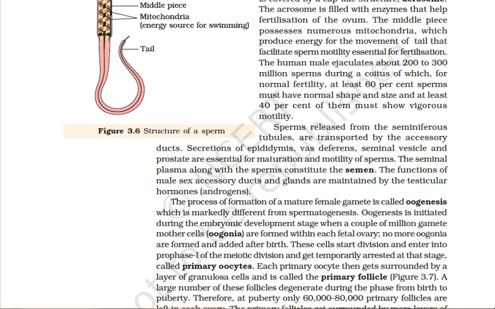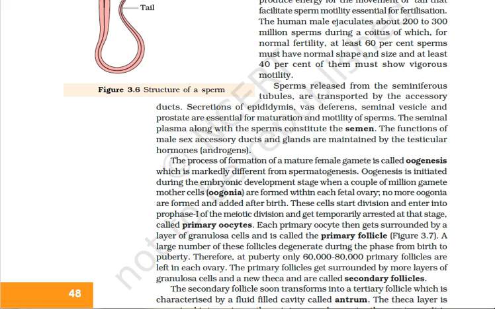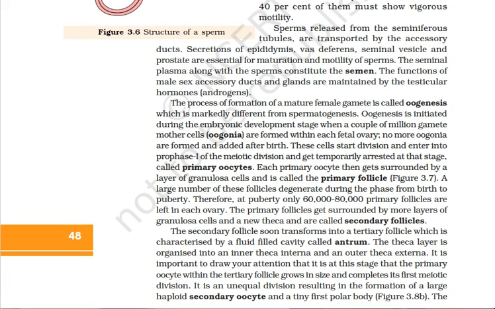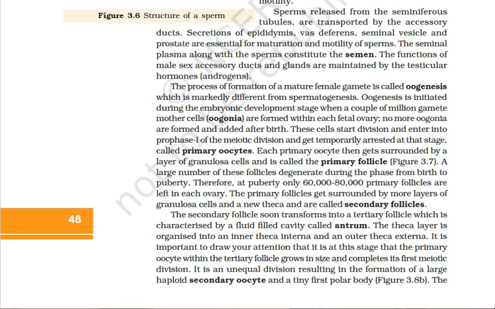Now what is oogenesis, and we'll learn about various stages of the oogenesis. Oogenesis is the process of formation of haploid ova in the Graafian follicle of ovary. Graafian follicle is the mature follicle of the ovary. It is a discontinuous process, though it starts during the period of fetal development, yet it's completed only after the